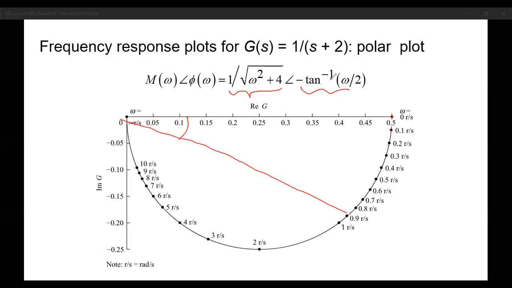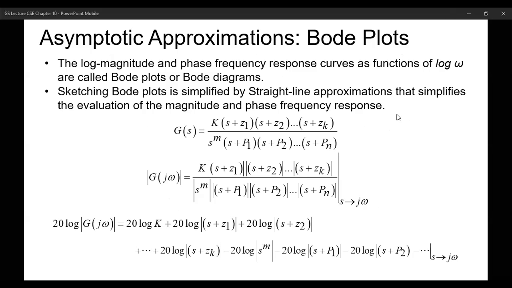Okay, so the idea is very, very simple again. So frequency response is not that complicated a thing. Rather, it is slightly math involved, but not complicated. But the point of what we are trying to do is that every time you have to figure out the value, then you have to plot it. So whether there is an easier way of approximating the curve without actually plotting it repeatedly, this is what we are trying to see. So for that, we need asymptotic approximation of both plots. So the curves that we have seen, using those curves, without going for detailed calculation, can we approximate the lines? Okay, so